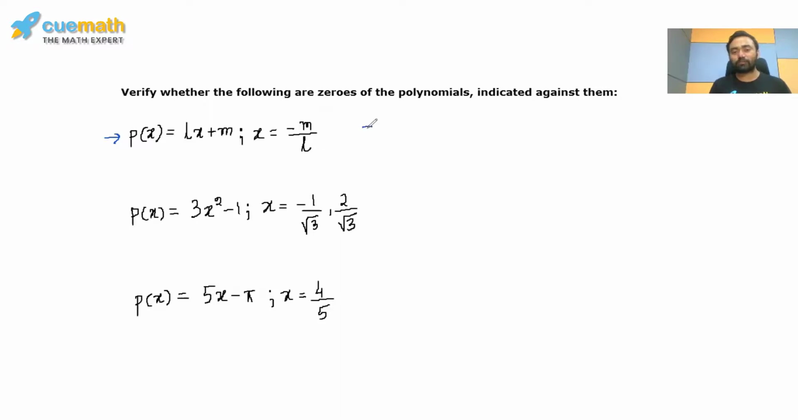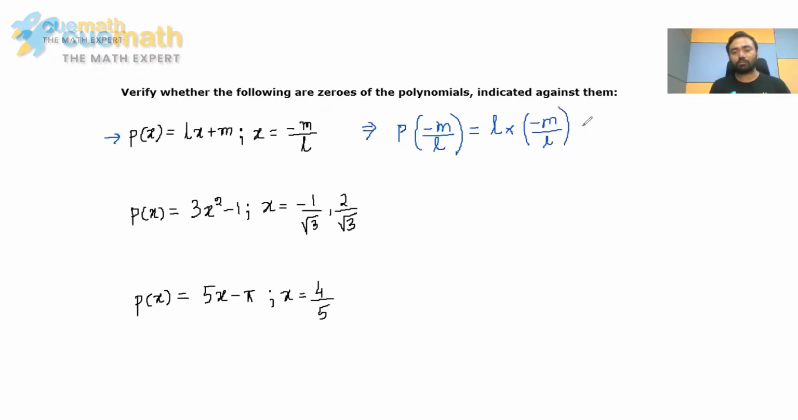Now to check for that, in place of x, let's substitute negative m over l. Now once we do this, the polynomial becomes, in place of x, we are going to substitute negative m over l. So this is l times negative m over l plus m. If we simplify this further, we basically get negative ml over l